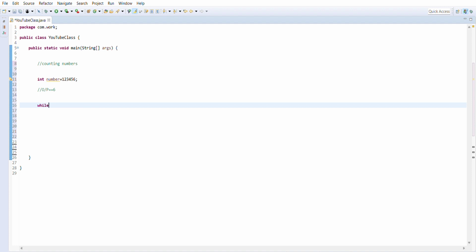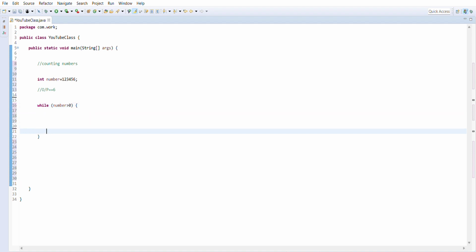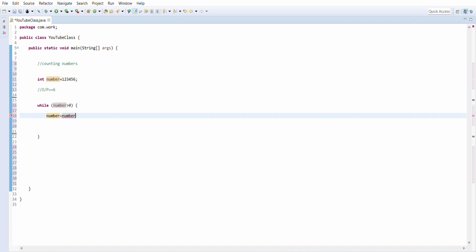So we can go with the while loop for that. In that while loop I'm just mentioning number greater than 0. So only one condition, number not equal to 0. You can mention either greater than 0 or not equal to 0, so both are correct. If the number is greater than 0, then what has to be done here: number equals number